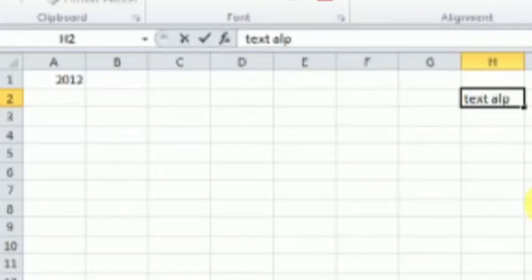So the formula bar displays any input typed in a given cell.